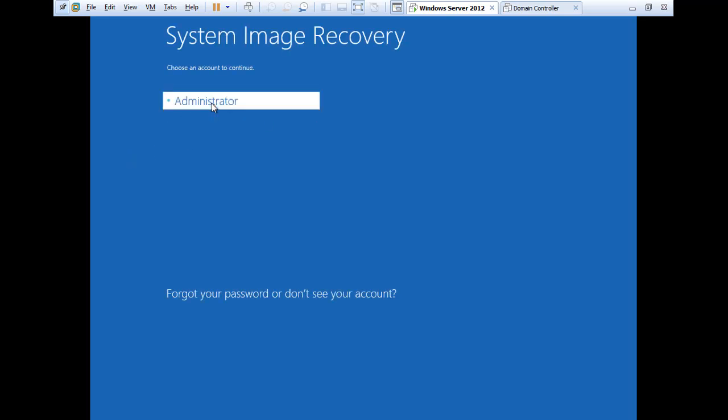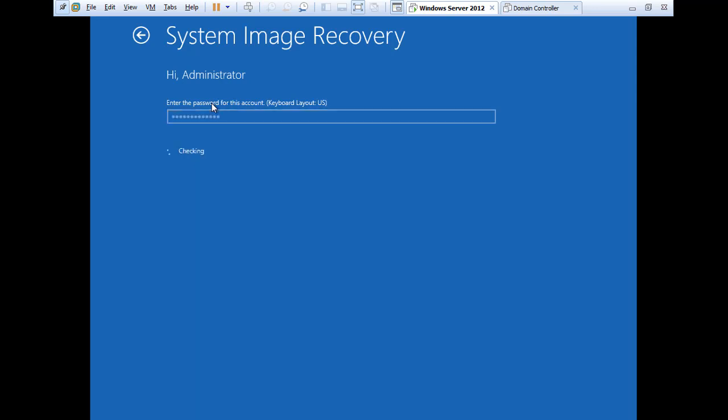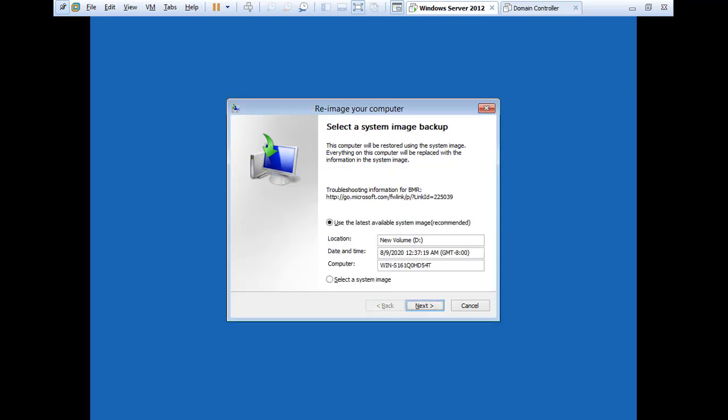Choose an account to continue. Click Administrator and type your administrator password. After entering the administrator password, you can select the system image.